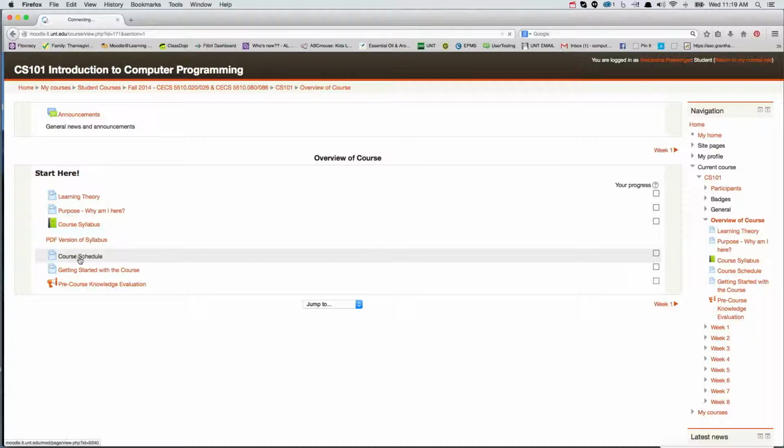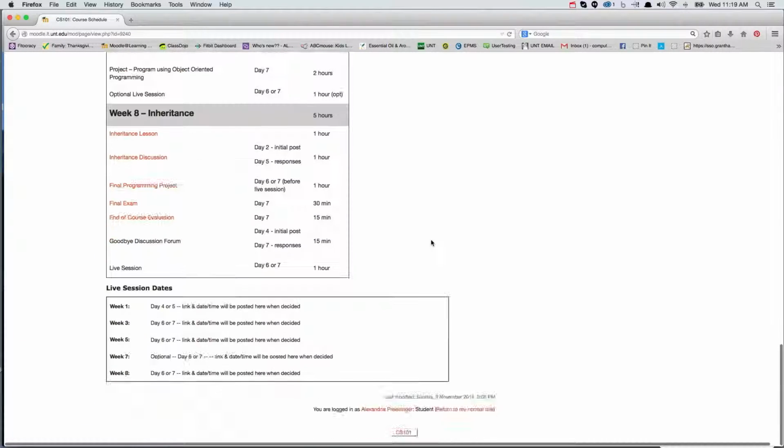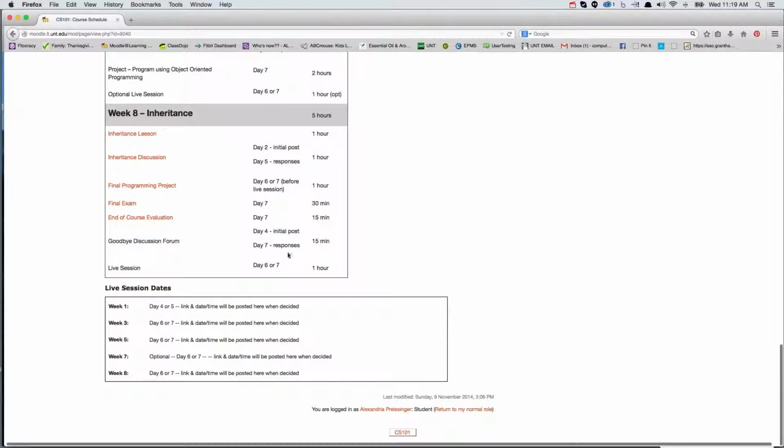The course schedule is also copied in this area so you can access it in a quick manner. And the live session dates, which will take place bi-weekly with an optional session in week 7. The actual date and time is going to depend on voting that you will do at the beginning of that week so that everyone has a chance to have input. We all have busy schedules, and we want to make sure that we pick a time that hopefully works for